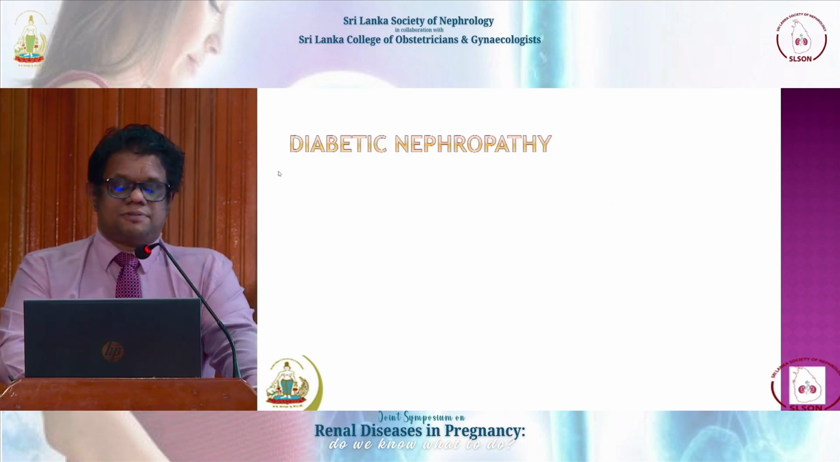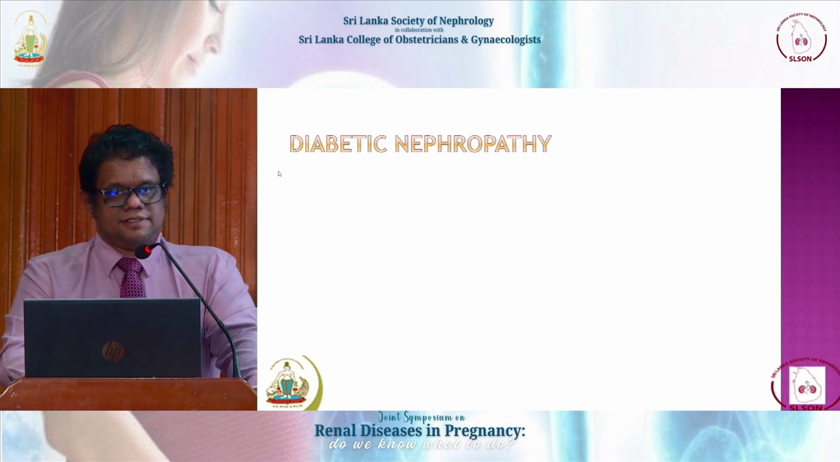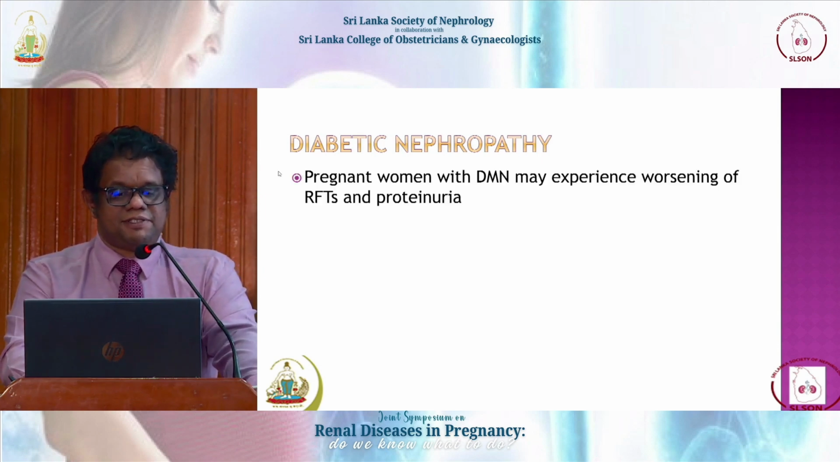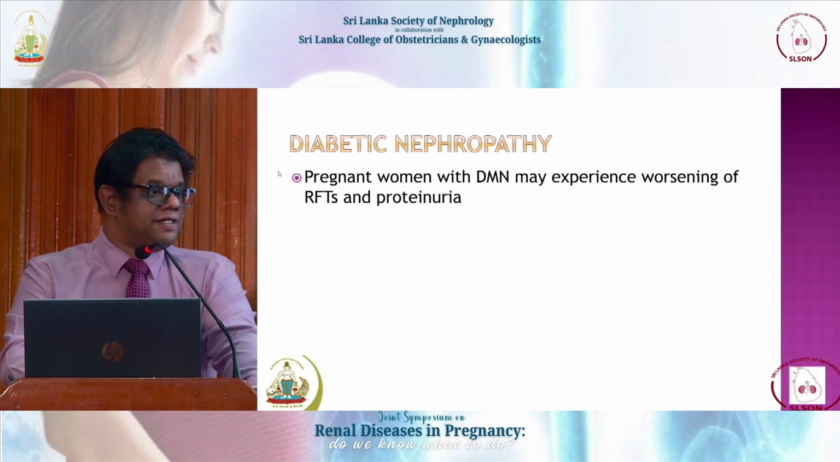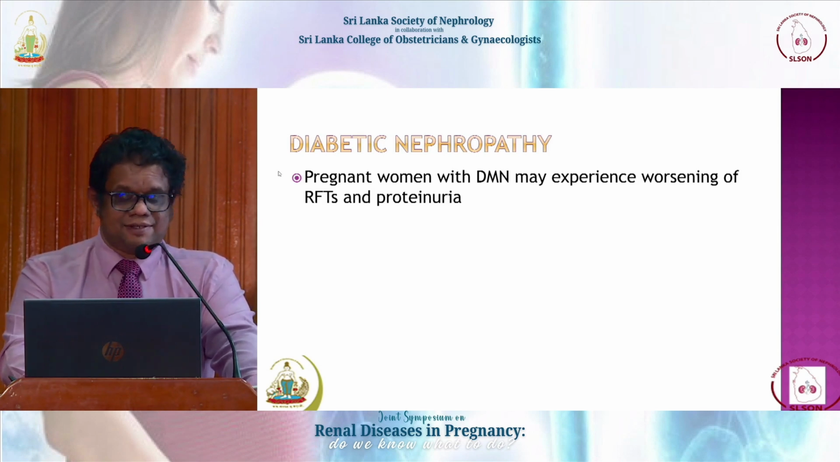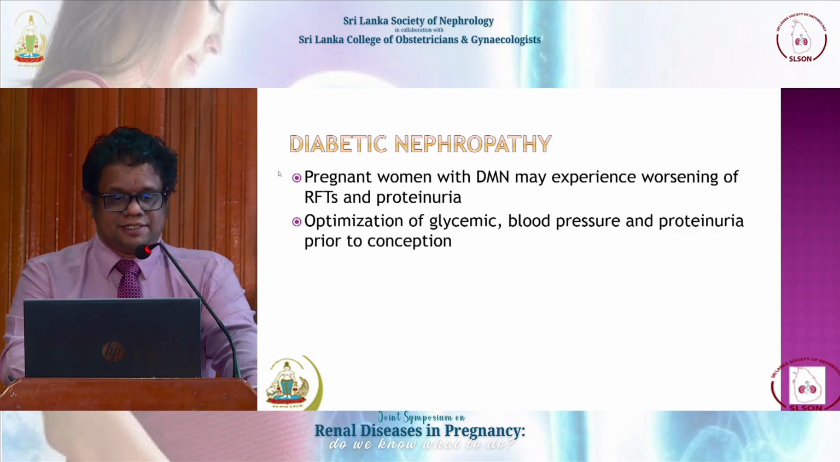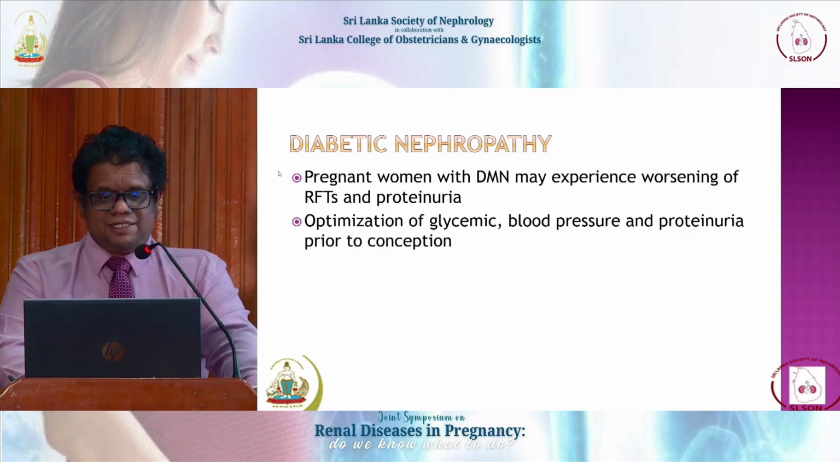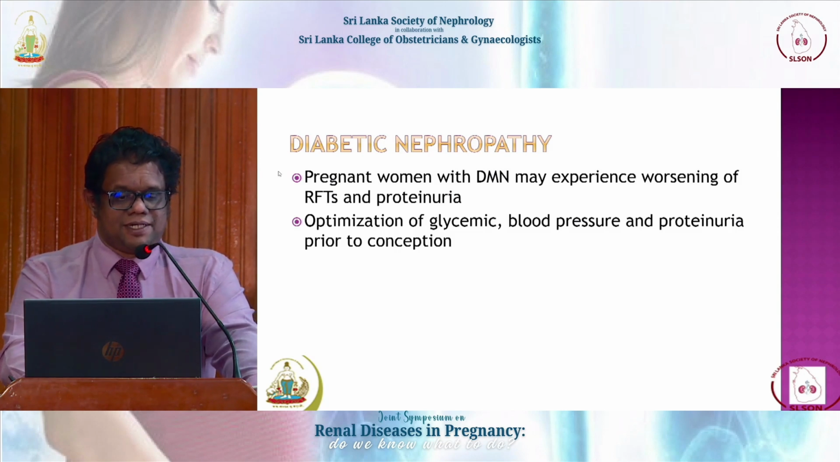So, going into specific renal diseases, the diabetic nephropathy. Pregnant women with diabetic nephropathy may experience worsening of renal function tests and proteinuria as well as retinopathy during the pregnancy. So, optimization of glycemic control, blood pressure and proteinuria prior to conception is a must. Whenever ladies with diabetes plan for pregnancy, pre-pregnancy counseling and pre-pregnancy optimization, at least up to 6 months, should be offered to them before